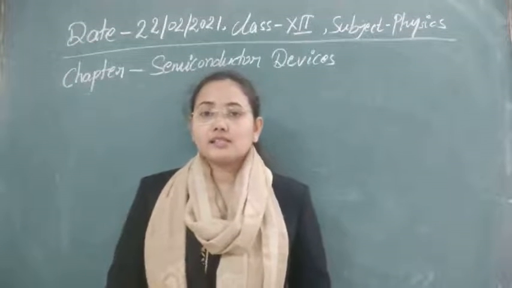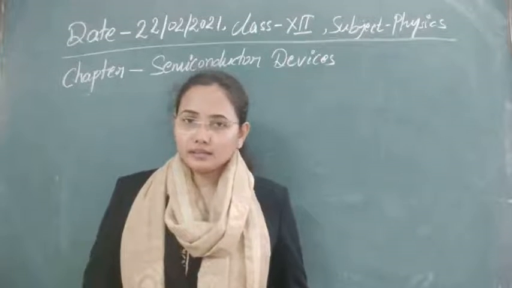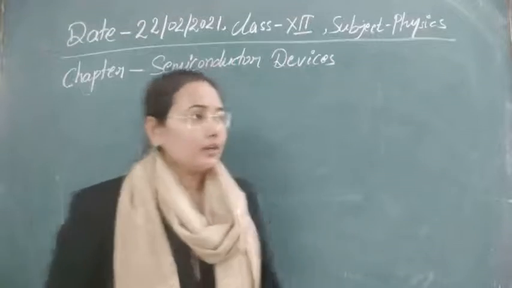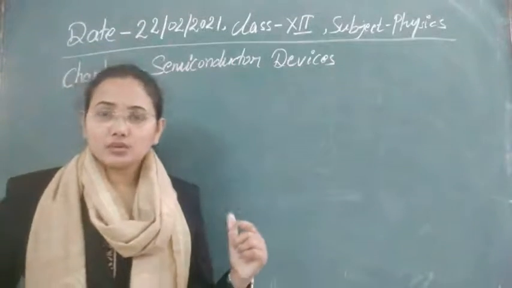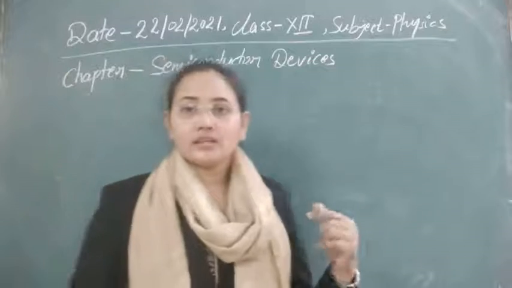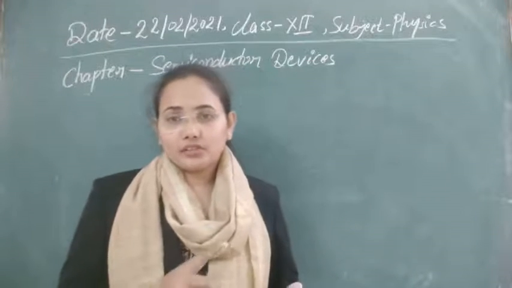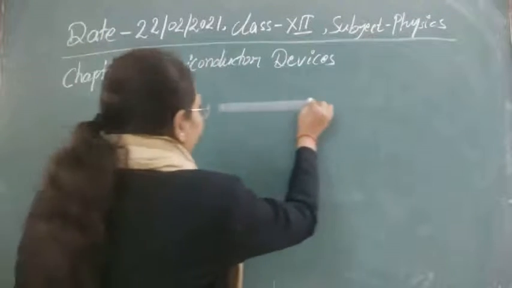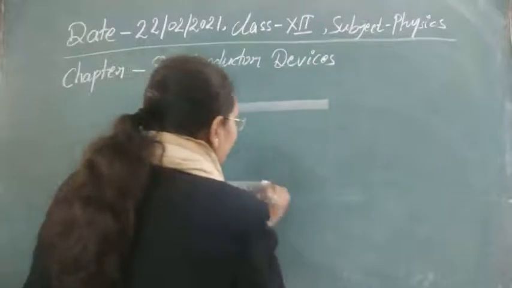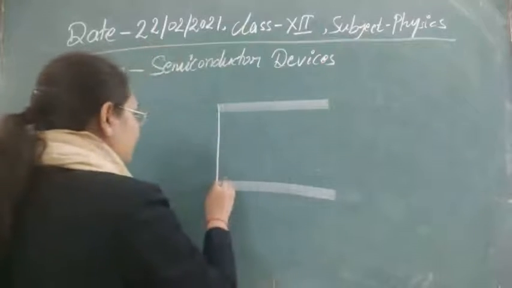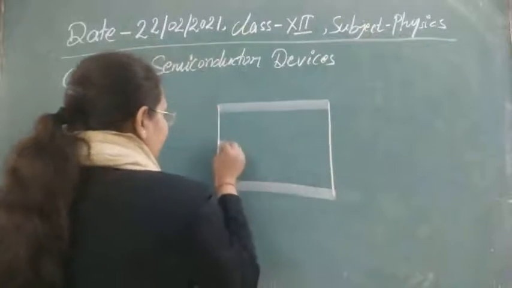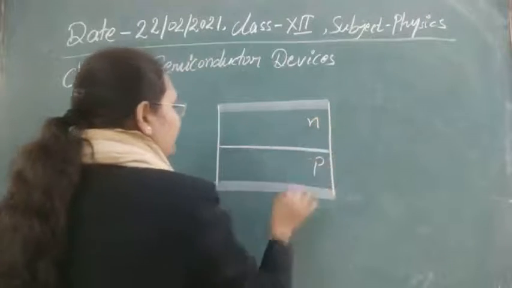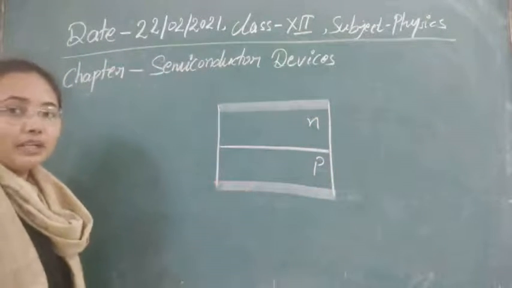Let's discuss its working and construction. The construction is very simple. I told you two types of figures, the construction and the circuit. We have a metallic sheet above it, and P and N type materials are here that we have taken. So here we have the N type material and the P type material.